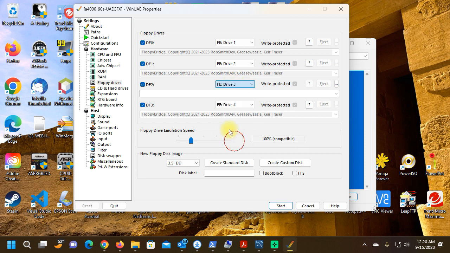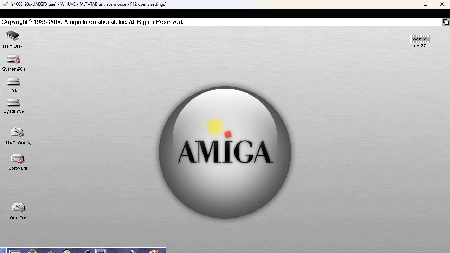And then we're going to select this as drive 3 again. So all my drives are set to my GreaseWeazle drives. And I'm going to go ahead and start the emulator. There it is. It's booting. Okay, there, my drive. That is drive 3, which is, as you know, 0-based, so it's going to be DF2, meaning 0, 1, 2. So we know that it's drive 3, and it is unreadable because it's formatted